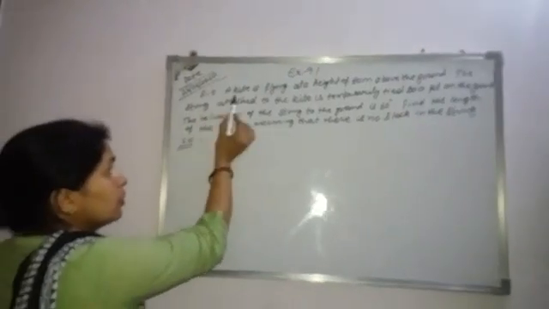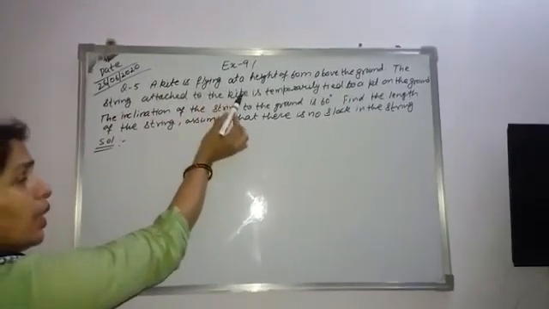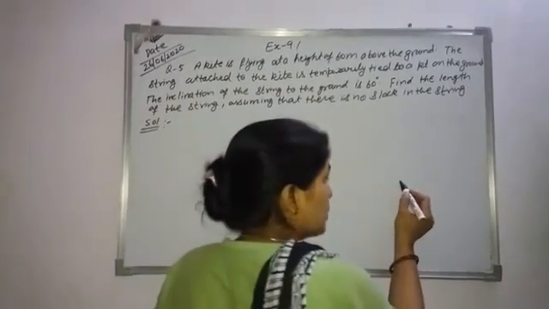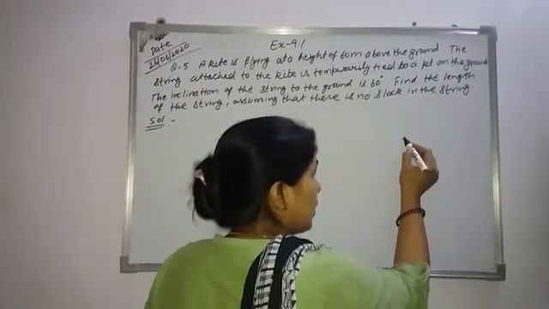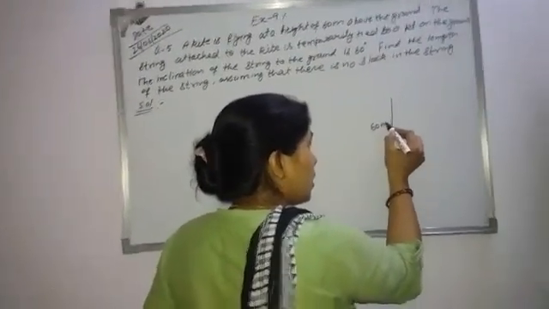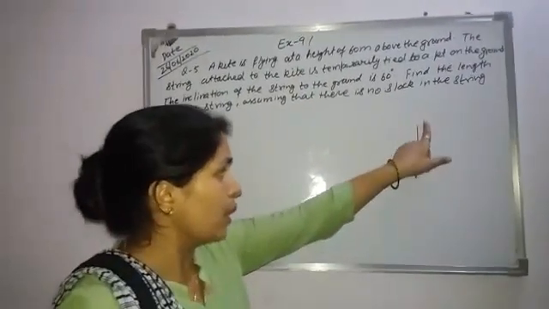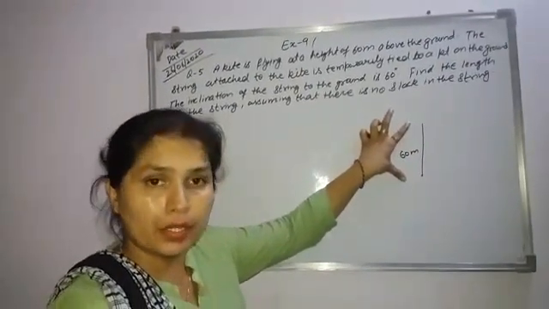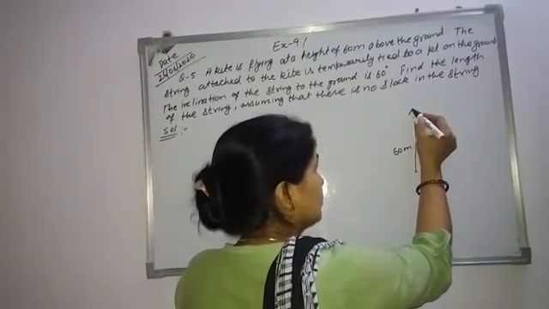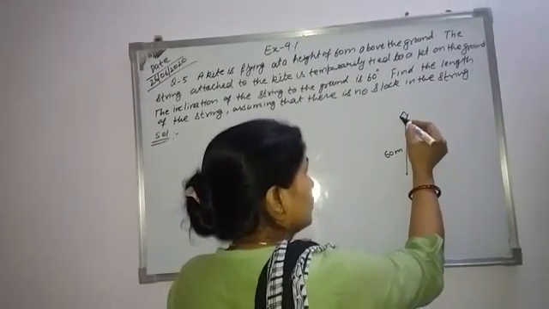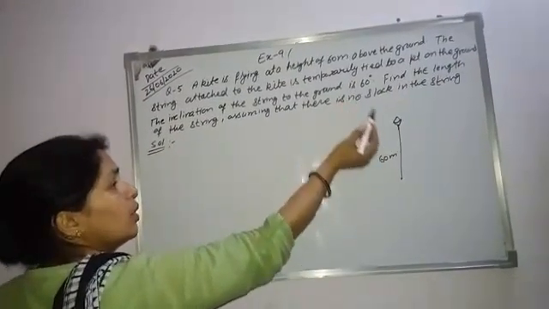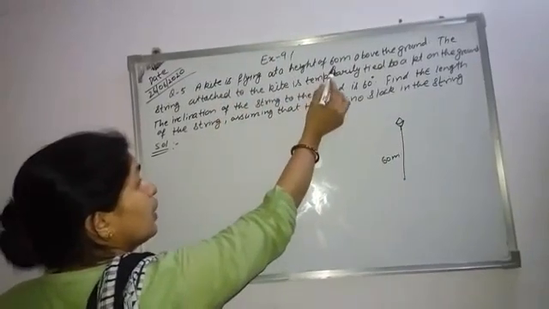This is question number 5. A kite is flying at a height of 60 meters above the ground. Suppose this is the ground and the height of a kite is 60 meters. Height we always measure by a straight line, so this is the height of the kite. Suppose here is a kite, and this kite is at a height of 60 meters